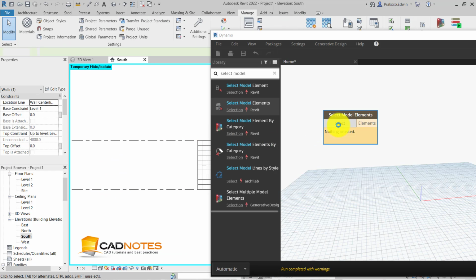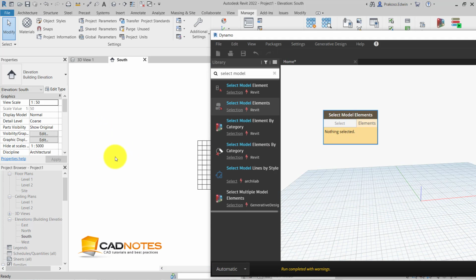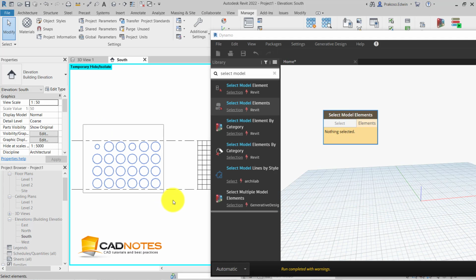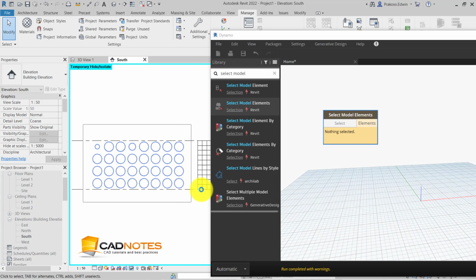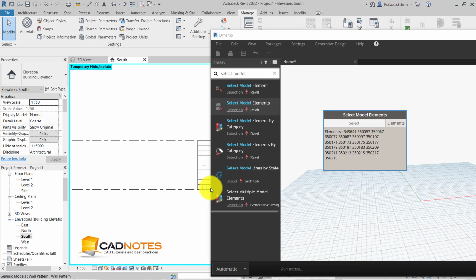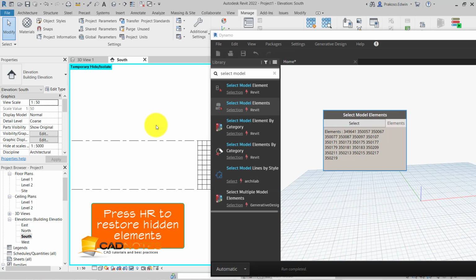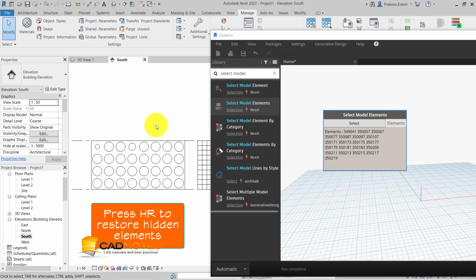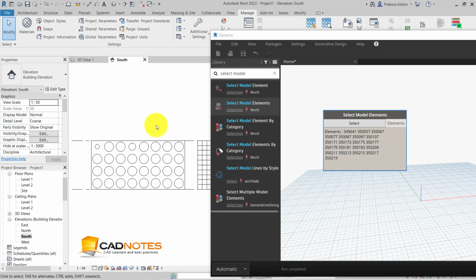Now I can activate the selection and select all of these openings. I have 32, so this is correct, and I can restore the view by pressing HR to reset the hidden elements.